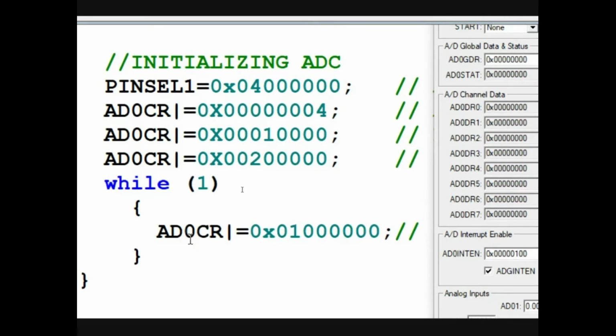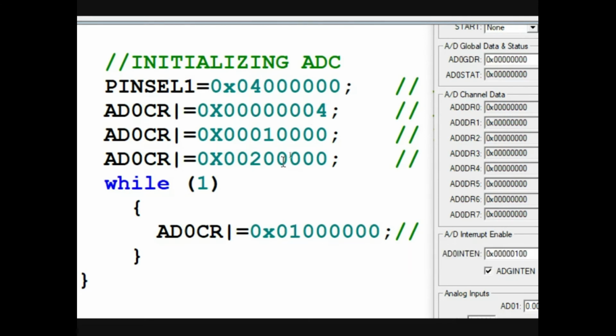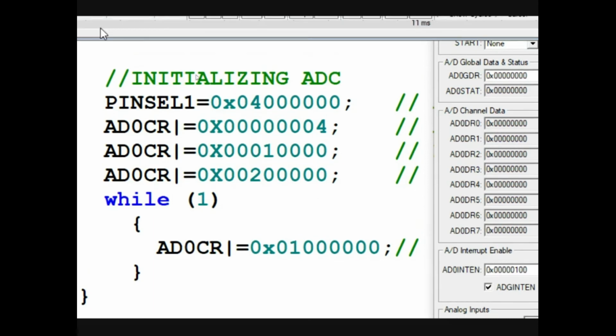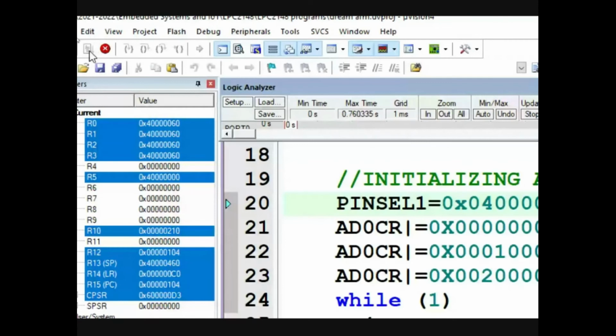Again, on the same ADC 0 control register, only this particular bit alone we are setting without affecting all other bits. So this is the start of conversion with respect to the ADC 0 control register. When we do the start of conversion, the conversion will start, and we'll do the demo. It will be easy. So I'm just running this code.